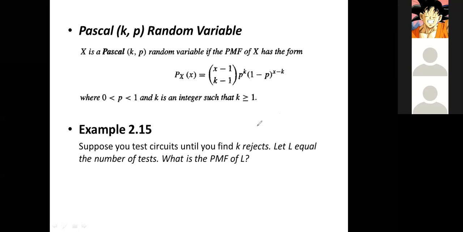If I break it into two parts, the last part is always a reject, because out of L, K are rejects. So if the last one is a fixed reject, if I ignore that, then this part,